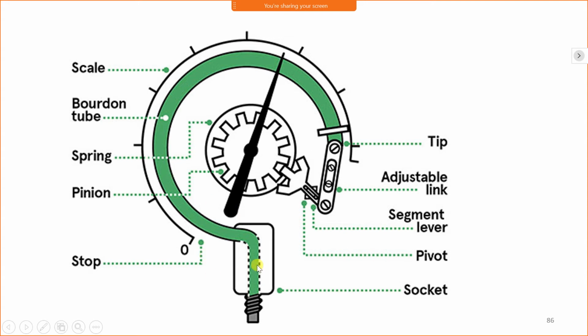Okay, I will explain the working again. When steam or any fluid enters the Bourdon tube, initially the shape of the Bourdon tube is elliptical. When the steam enters, it tries to straighten, but the Bourdon tube is enclosed in a circular casing. It becomes circular, and it pushes and rotates the sector gear via the linkage, and the sector gear rotates the pinion. As the pointer is mounted on the pinion, the pointer shows the reading.